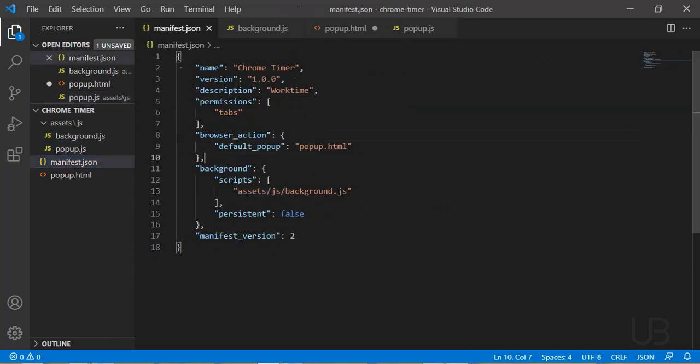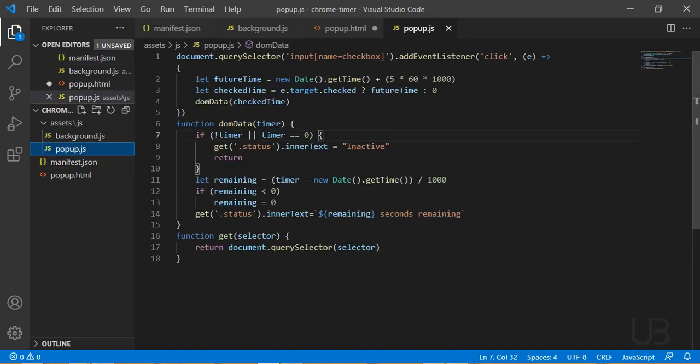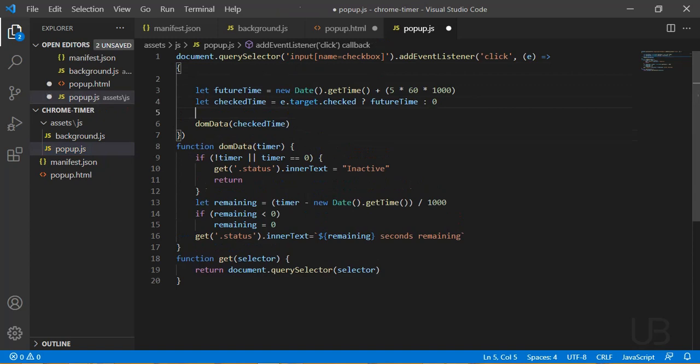Why? Because we need permission to use the storage, so we need to add permission. I told you that we're still going from here, so we need to add the storage permission. Let's go back to our popup.js. Okay, now to do that, we need to set whatever time that we've gotten. We need to set it into our storage. So to do that, we can do